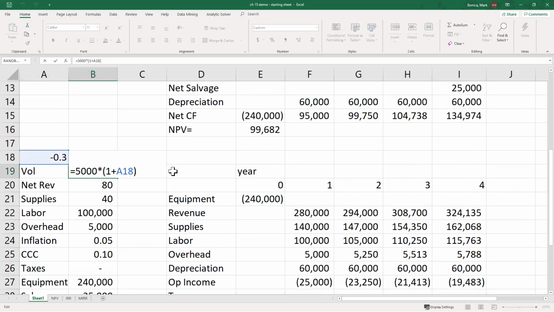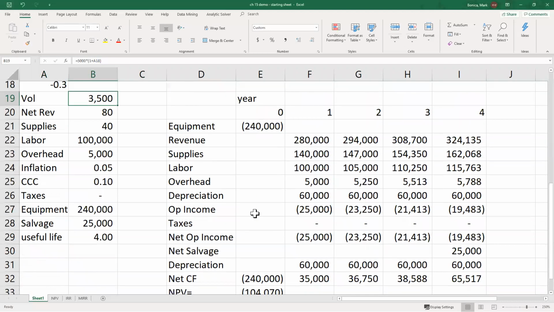So you should have a formula that looks like that, where volume was. Before we had just 5,000. Now we have 5,000 times parentheses 1 plus, in this case, A18, which is my negative 0.3,